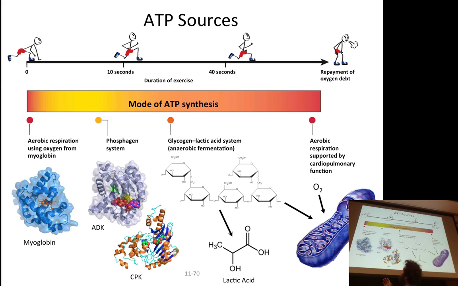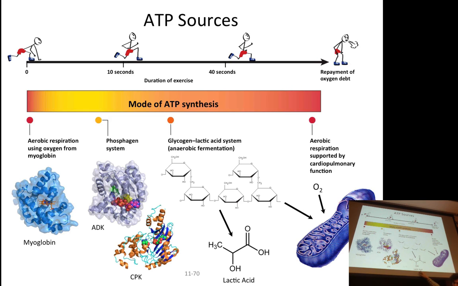In the beginning, you're starting out with aerobic respiration. You're using oxygen, but you're speeding up. You start to liberate some of the oxygen out of the myoglobin that's being stored in there, so we're able to dip into that extra oxygen that's higher than the amount that our cardiovascular system can bring in. Then we have the phosphagen system kicking in here, the creatine and all that. And then we get beyond our capacity to deliver oxygen,